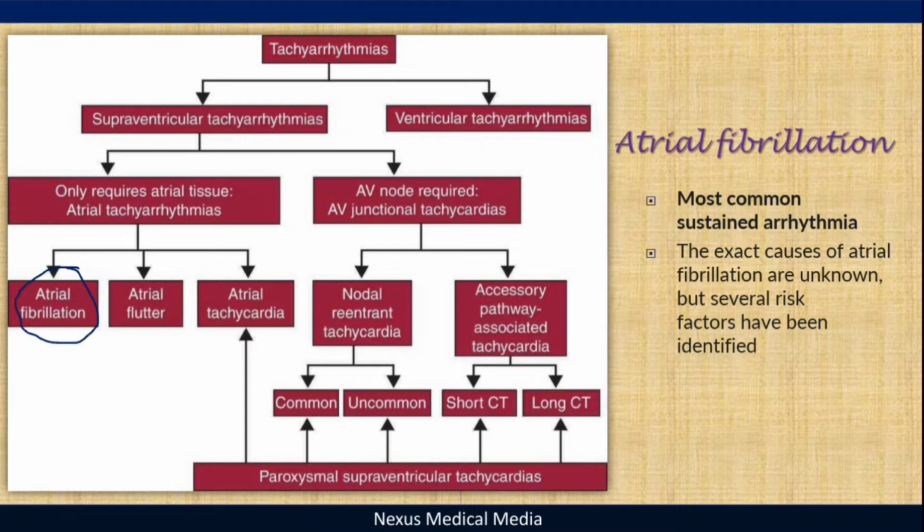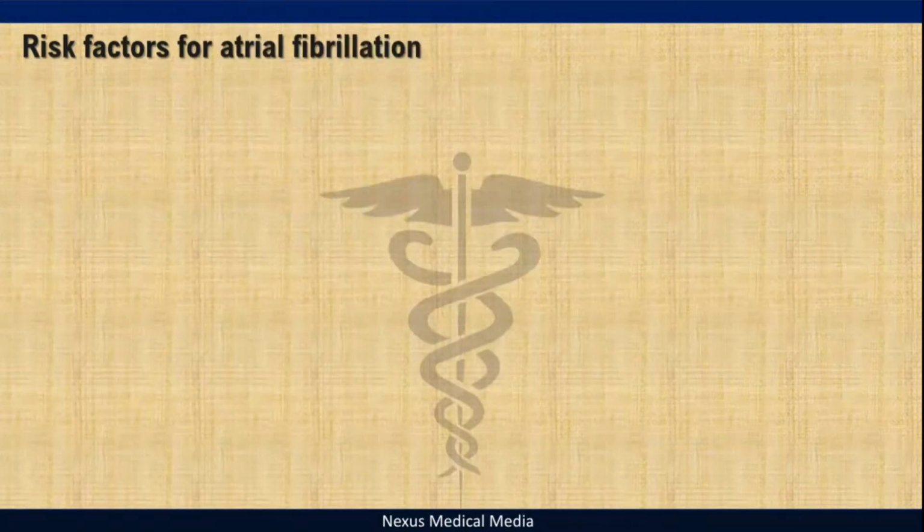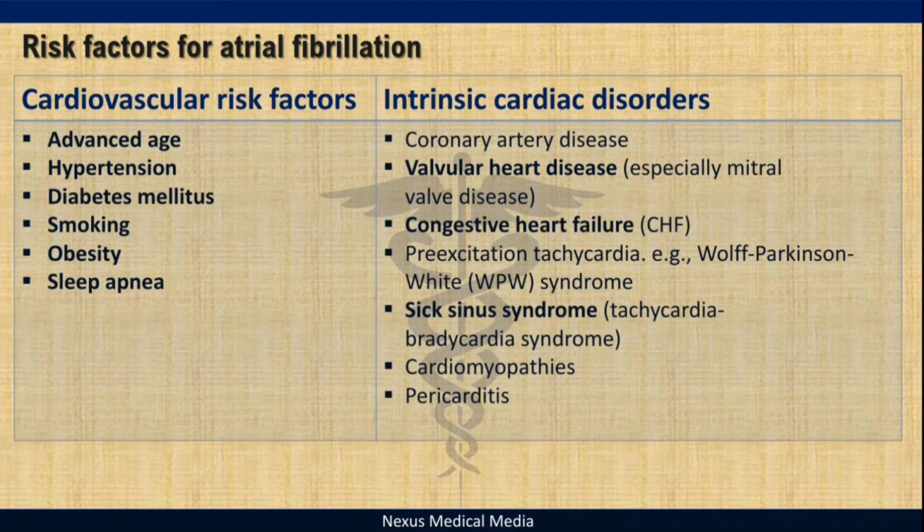The exact cause of atrial fibrillation is unknown, but several risk factors have been identified. The first group is cardiovascular risk factors. These include advanced age, hypertension, diabetes mellitus, smoking, obesity, sleep apnea. The next group is intrinsic cardiac disorders, and this includes coronary heart disease, valvular heart disease, especially mitral valve disease, congestive heart failure,